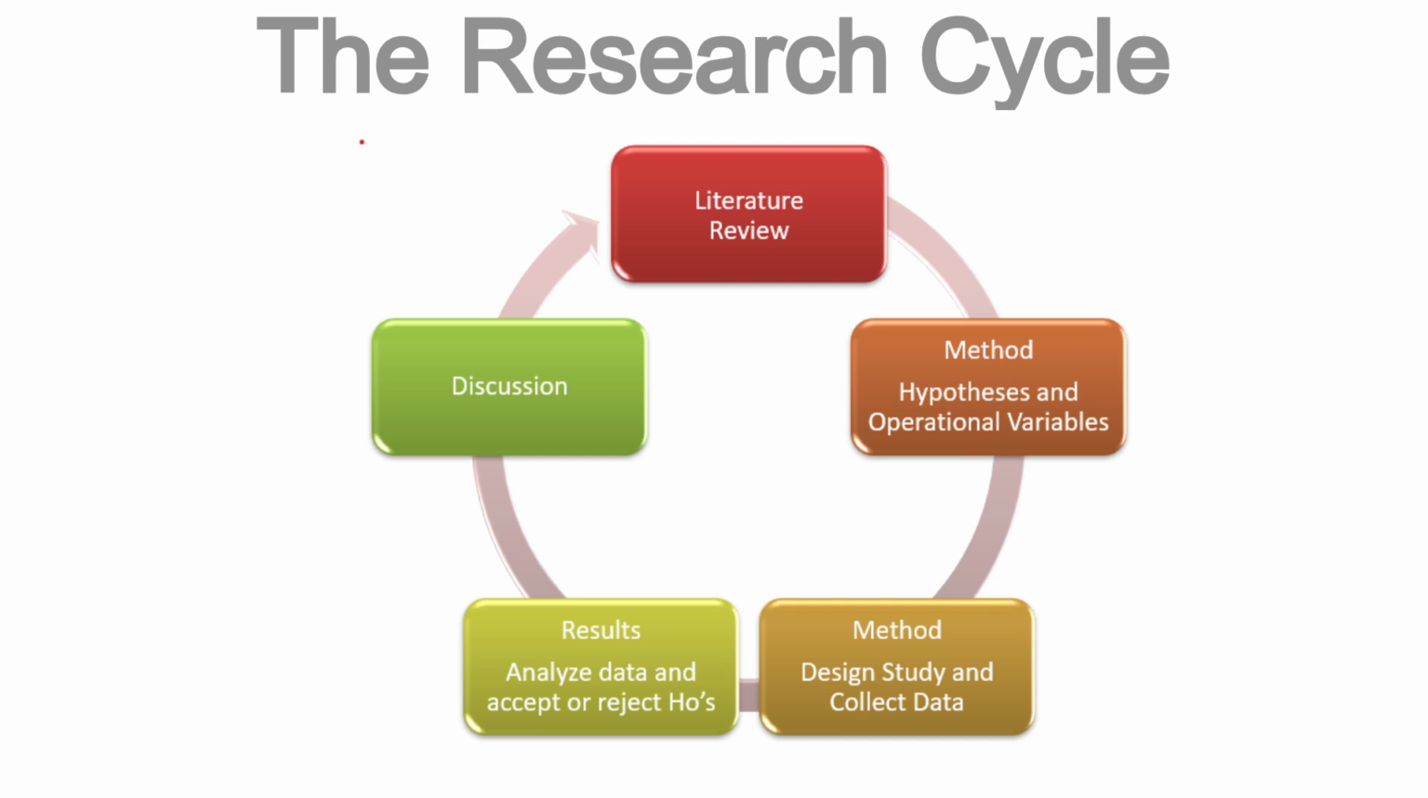We begin with a literature review where we explore what has already been studied and identify gaps or questions. Next, we move to the method stage, developing hypotheses and defining key variables, what we want to test or observe. Then we design the study and collect data using appropriate research methods such as surveys, experiments, or interviews. After data collection, we analyze the results to see whether they support or reject our hypotheses. Finally, we reach the discussion stage where we interpret the findings, connect them back to theory, and explain their implications